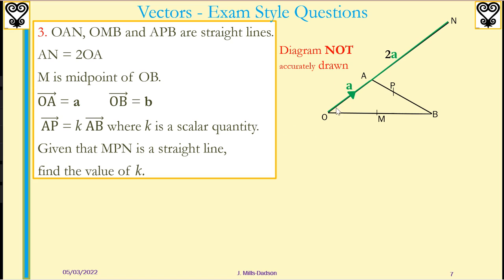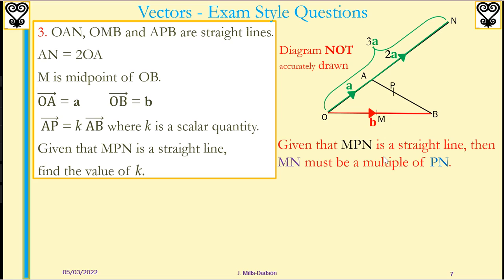OA vector is A, and vector AN is double vector OA, so that is 2A. The whole vector ON is 3A. Also, we know vector OB is given as B. Now, given that MPN is a straight line, then MN, if MPN is a straight line, then the full length MN is a multiple of